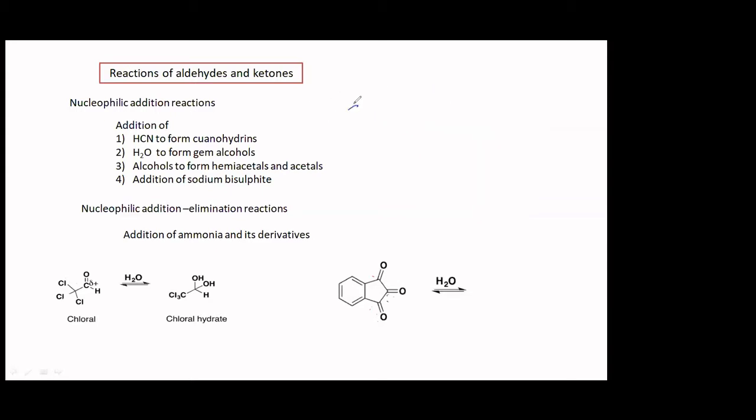In the previous class, I had asked you one example. Do you remember which of the following is most reactive? We had something like this, CH3 here, CH3 there, and you had this compound, supposing it is CH3 and H here, and you have got this compound, hydrogen and hydrogen, that is methanal, and one more compound, this Ph and Ph. So which of these four is most capable of forming the hydrate easily? If I ask you this question, what is your answer? That is basically reaction with water.